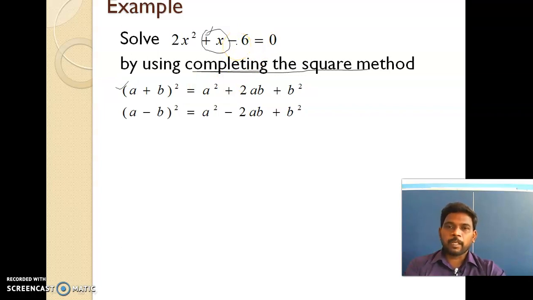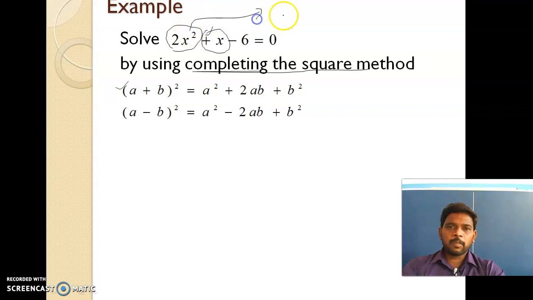But when we use either the a plus b or a minus b whole square formula, we have to consider the sign of the coefficient of x only, not any other two terms. So now we are going to use the a plus b whole square formula only, right? For that we have to write the first term in the square format, as usual, as in the previous example. But 2 is not a square number, so it is not possible to write it with the square root.